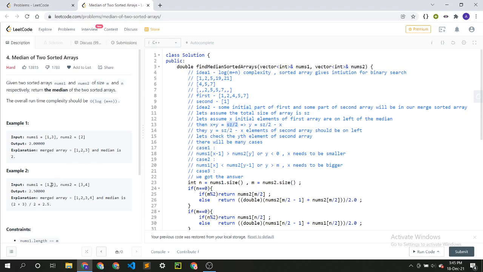Which means if x elements are from the first array and y elements are from the second array, the sum of x plus y should be sz by 2. So from that we can find our y to be sz by 2 minus x. So let's keep it up till here.